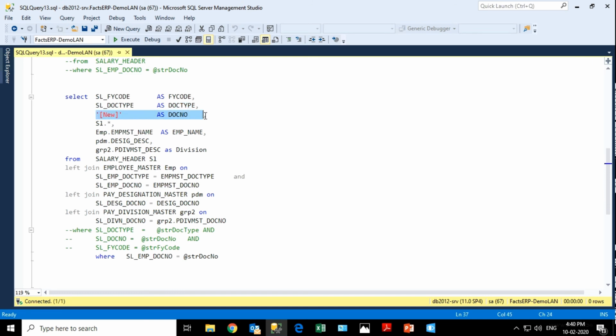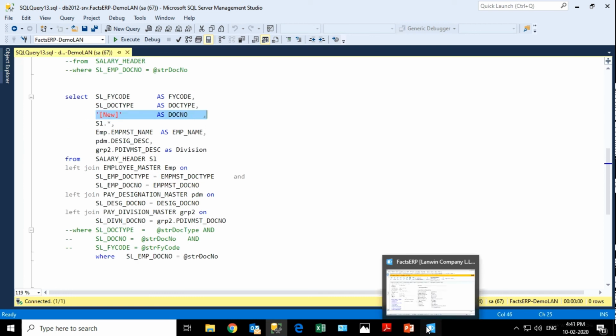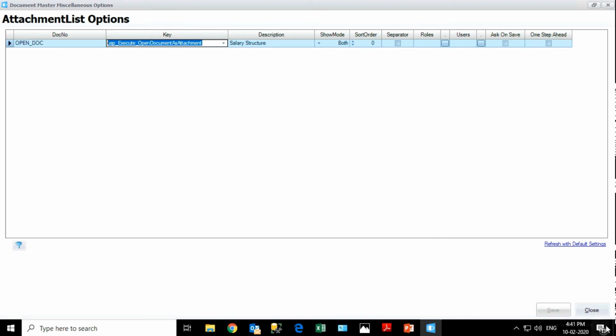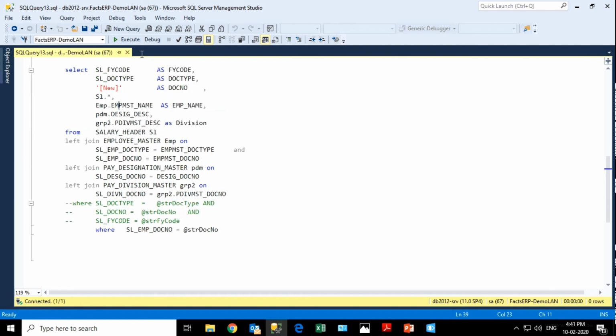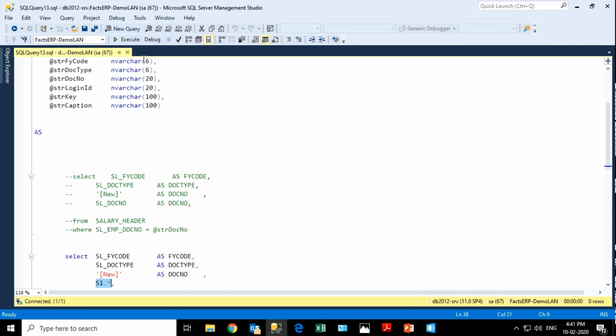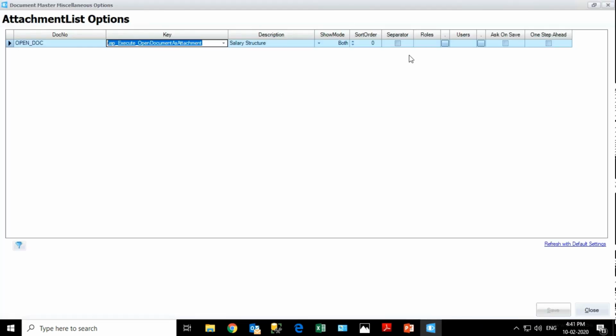So the docno should be new. You have to put new as the docno, then only it will open as a new document with some existing data. So you have to map the details correctly into the targeted header or detail column.